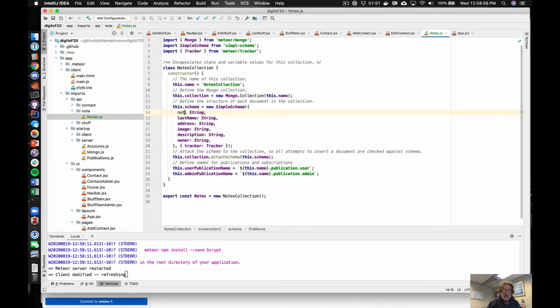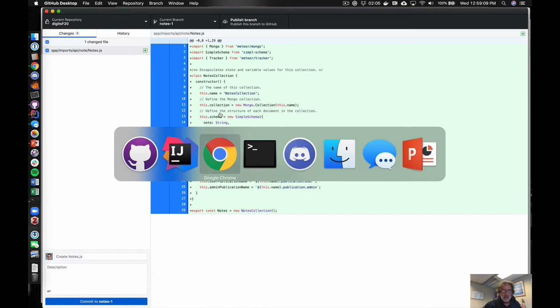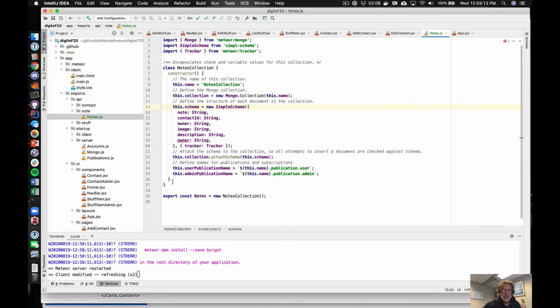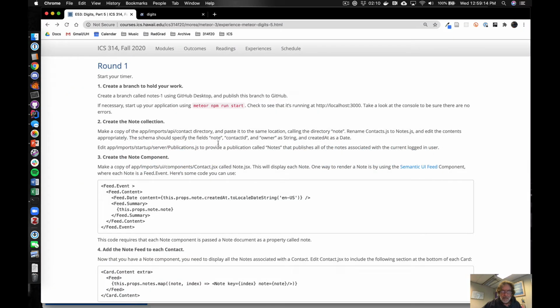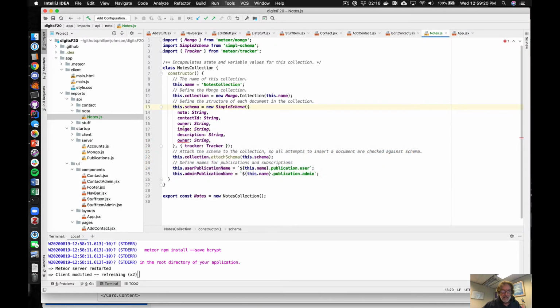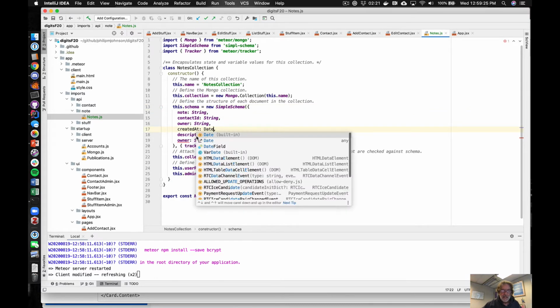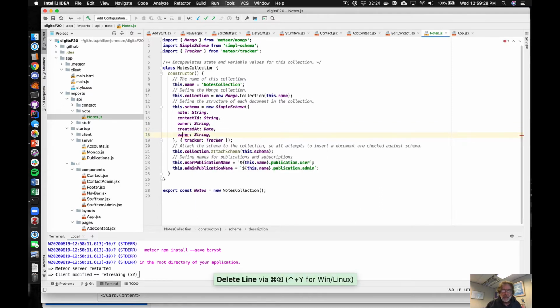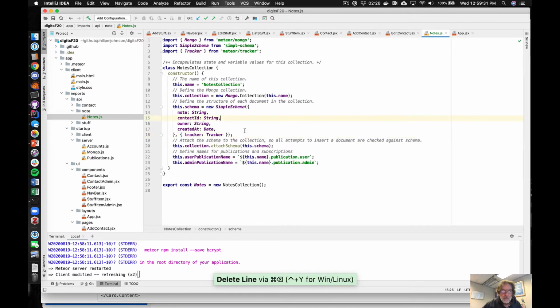Note contact ID and owner as string. This is getting irritating. Okay. Note contact ID and owner as string and created at as a date. Created at as a date, and then I already had an owner, but whatever. All right, so that's what our schema looks like,